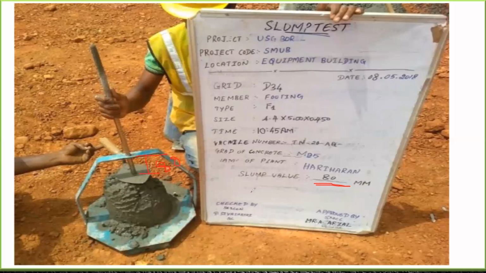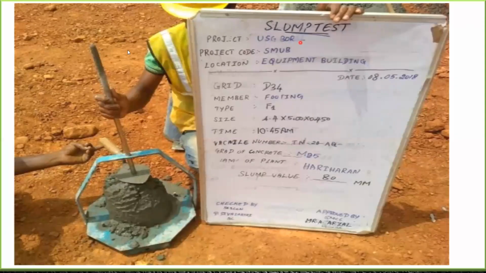may be, right? Then you're going to check who has checked it, checked by which company, okay, who is the engineer in charge, approved by whom, right? Name of the company, who is the engineer in charge. Why do all these things have to be done? If tomorrow something goes wrong, you should know what went wrong, right? At what time the concrete had come, whether the problem is only in the concrete which came at 10:45 a.m. or not. All these things are important, so that is why we should know all these things, right?